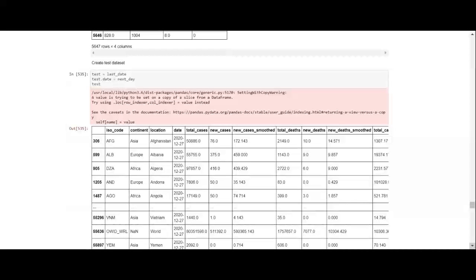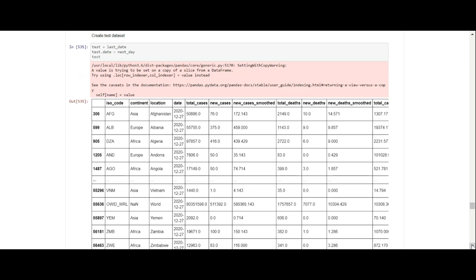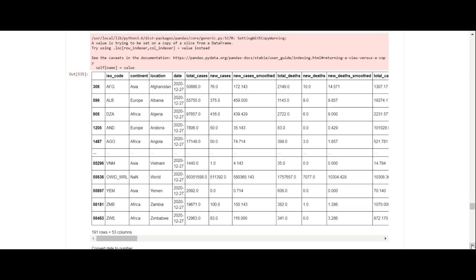Now, after we've done our prediction on the validation set, we're going to create a test set. So test equals last date, test date equals next day, test. You can see that we've created another data set called test.